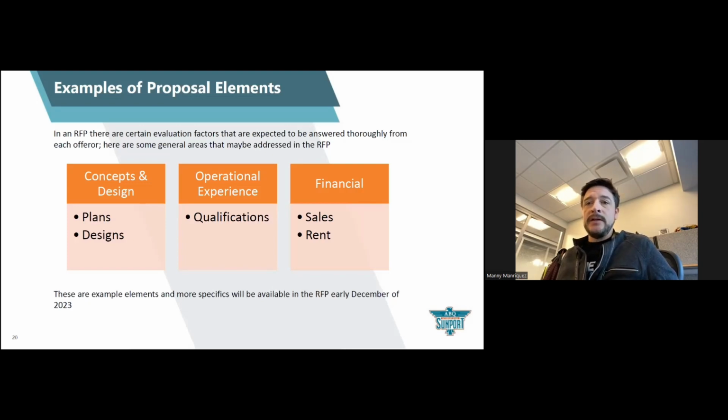And then operational experience, there's quite a bit that can go into that section. But broadly speaking, it's about your qualifications. It's experience operating a business. It's your narrative about your philosophy around employment practices. Some folks might want to include information about sustainability, what you do to engage the local community, and how you're looking to support members of the local community by having an operation here. I think we'll see great success with that. And so with that comes the question of what are you doing to give back,